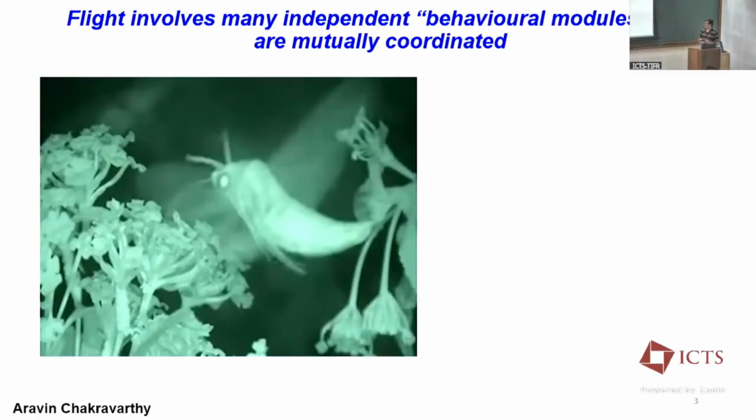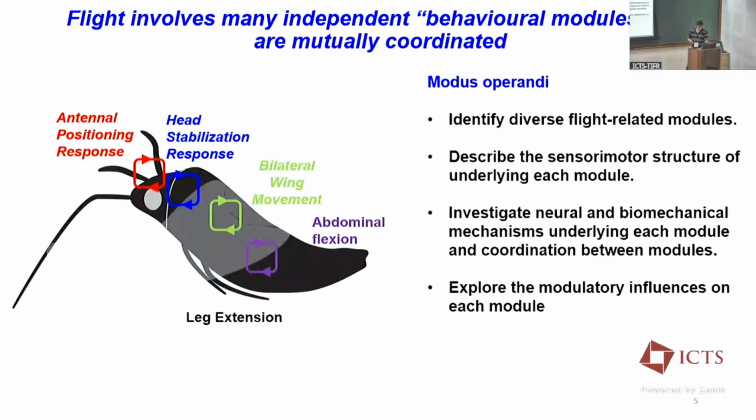Now, you take this question, speed it up, and then put it in 3 dimensions. That's really the question that we are looking at here. And this, of course, involves many what we call behavioral modules. This is more a conceptual thing, a behavioral module, and I'll explain what these are and how we go about studying them. But if you take this moth now, and you look at various things that it is doing when it is hovering,